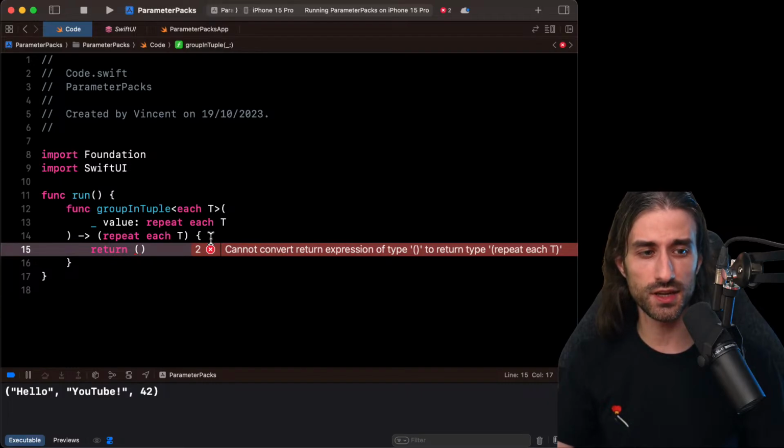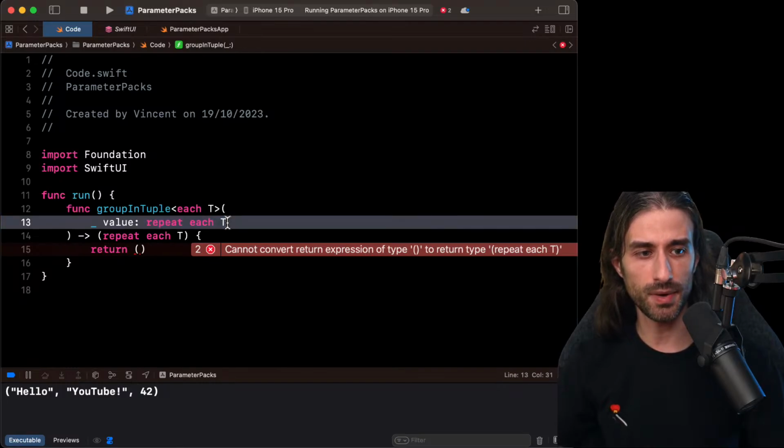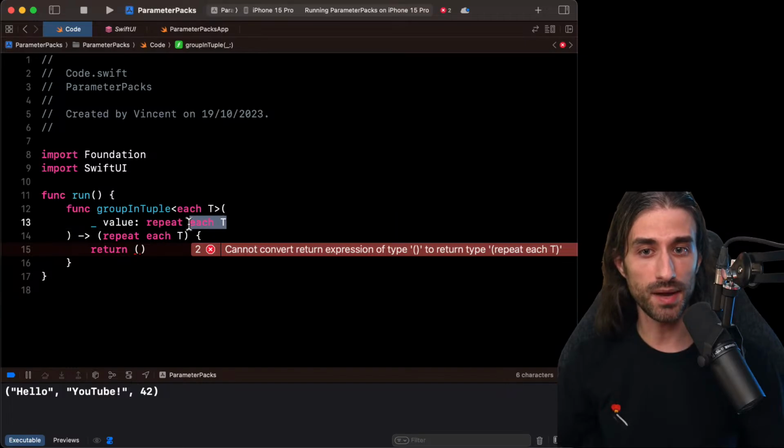build this tuple using another expansion, but this time it will be a slightly different expansion because here we've done an expansion on what is a type parameter pack. So a type parameter pack is the parameter pack that contains the generic types, the vector of types. But of course, types are only useful if you also have values conforming to the types. And so you have type parameter packs here. So here t is a type parameter pack, but value is a value pack.